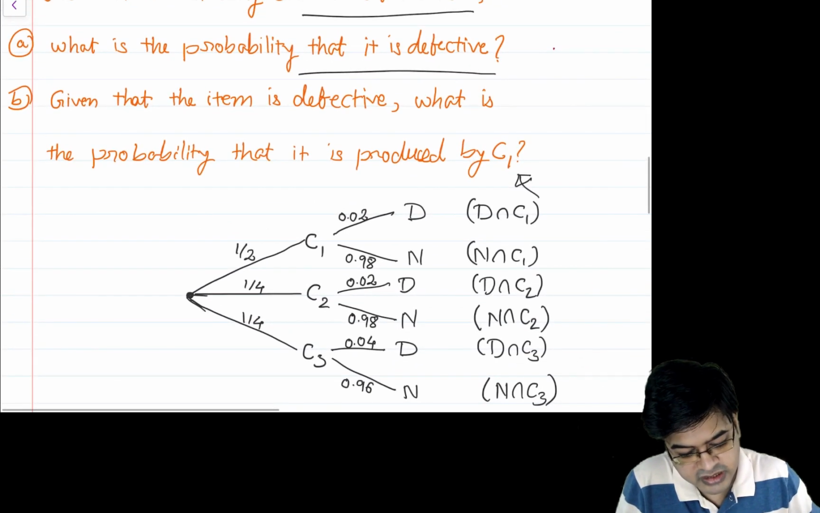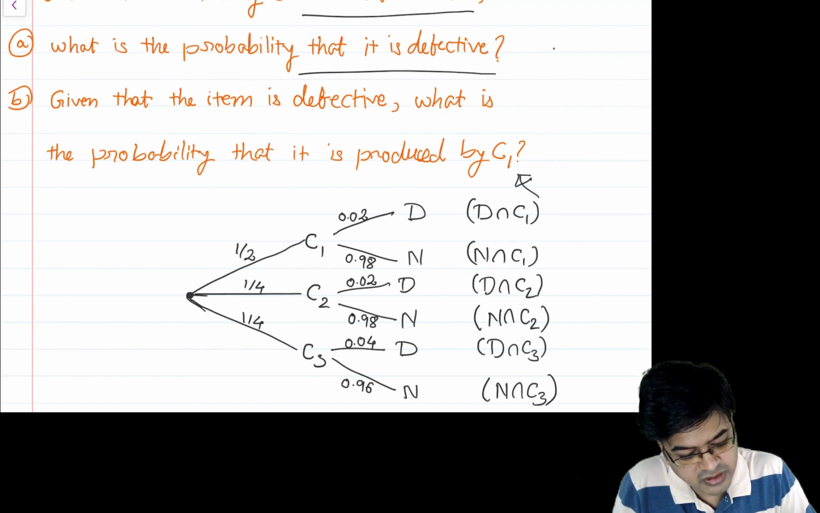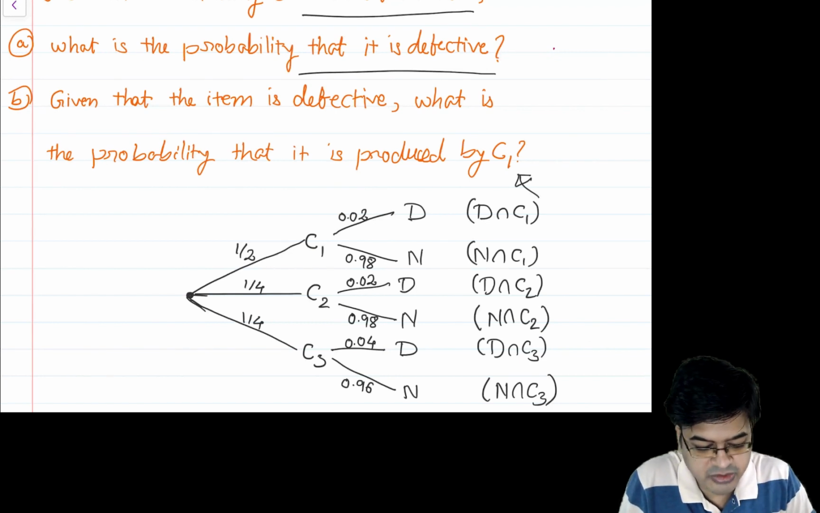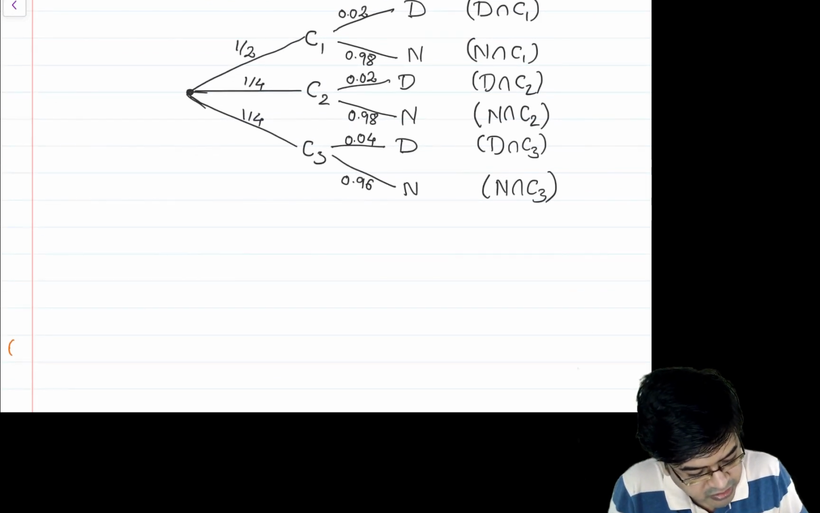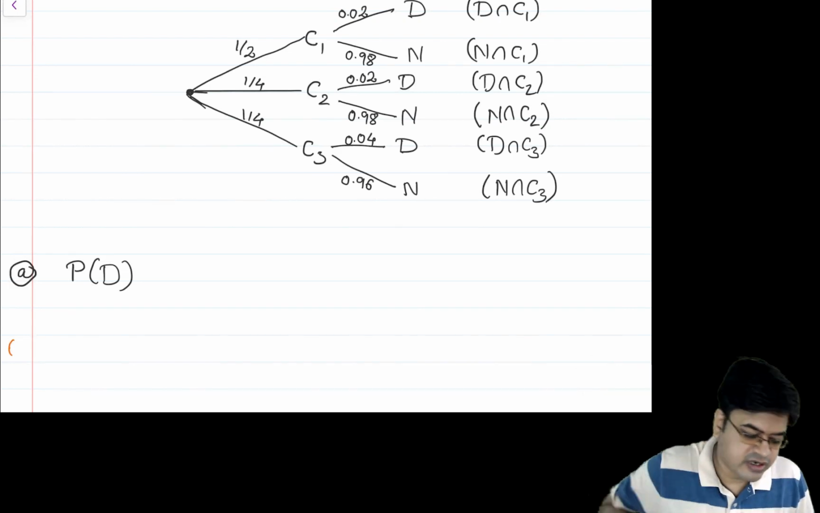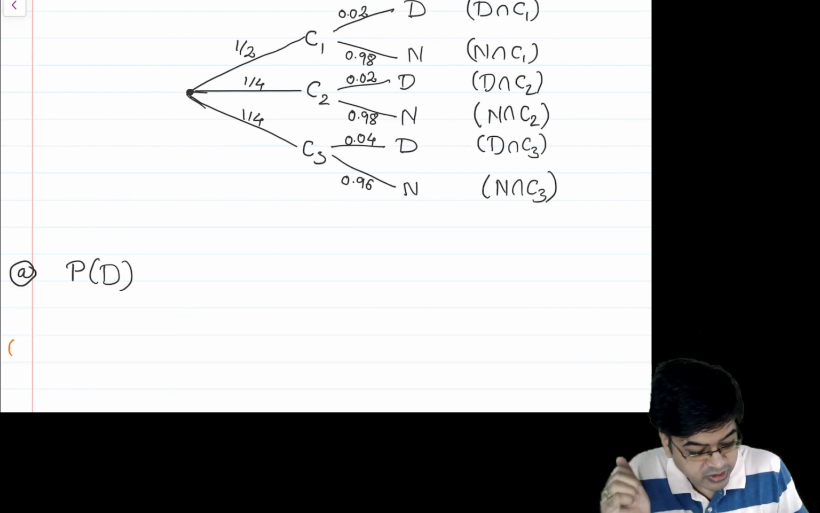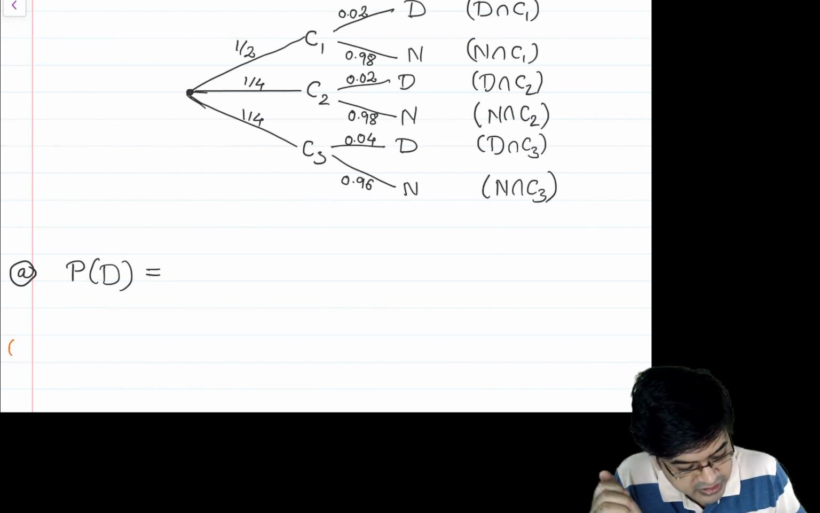Okay, so let us try to figure out what is a probabilistic formulation of this. So what is probability of D? Probability of the item being defective. So this is my A part. I am trying to figure out the answer to A part. Probability of item being defective is equal to,